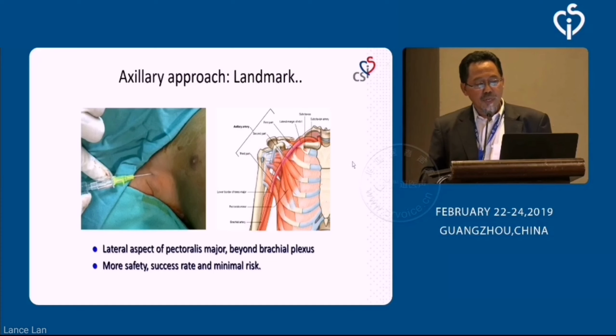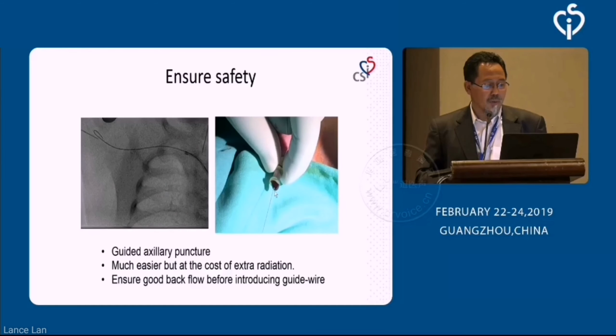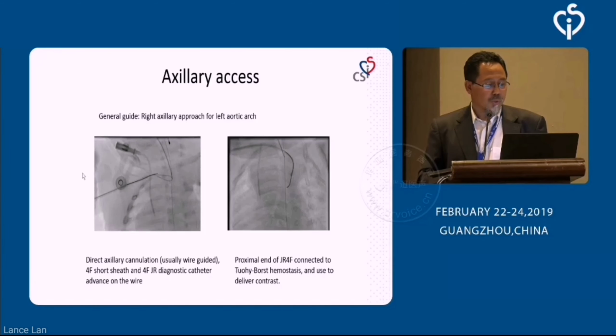For the axillary approach landmark, I think we need to know a bit on this. We may do a direct puncture, usually able to, but not always. But I normally require some kind of wire guidance, with or without cannulating the femoral artery. Sometimes you just do a small femoral artery cannulation and put a coronary wire up over here as a guide, and practically it gives us a quick puncture using this,